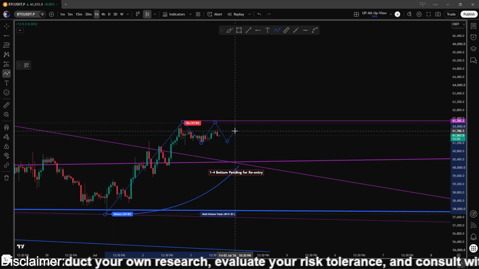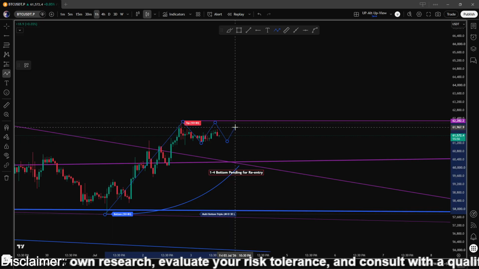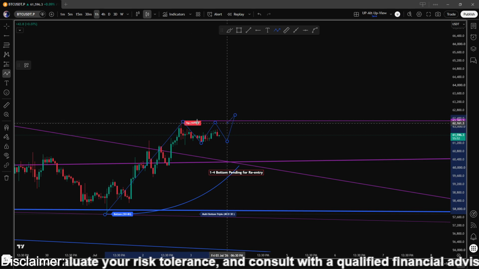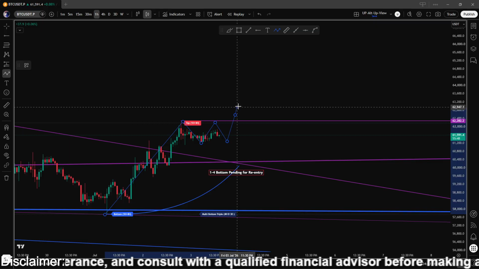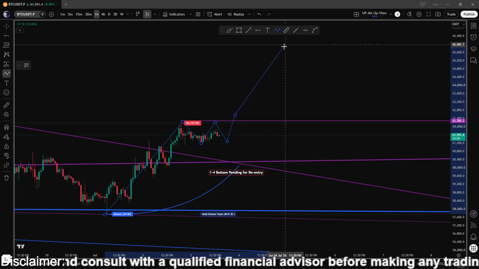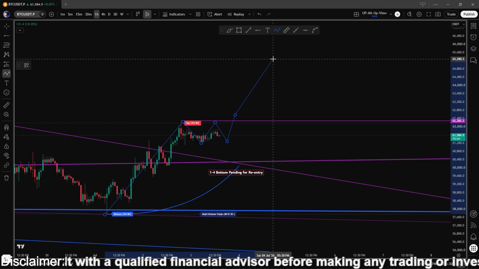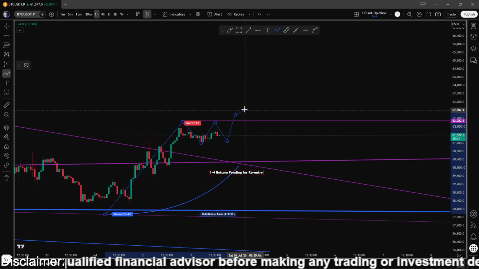Suppose price breaks this top, then the new top will be this one, and then it will again go for making a new top, again and again,